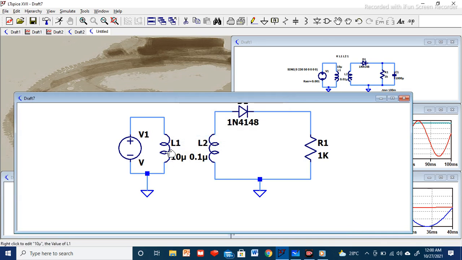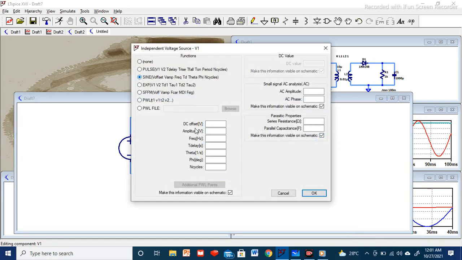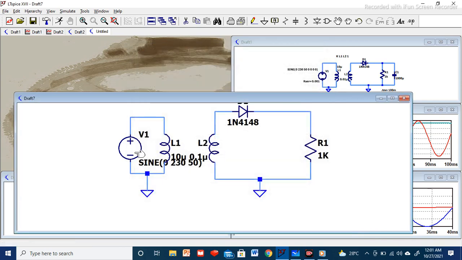Why are we taking this higher? Because whatever voltage is here, we are taking like the AC supply in the home, around 230 volt, so it should be reduced here. When the lower value is there and the coupling is defined, then we can reduce the voltage. Now we'll define the voltage source. Go here, advanced setting, sinusoidal waveform. Amplitude will take 230 volt and frequency the same 50 hertz, and we'll press OK. Now our sinusoidal signal is defined.